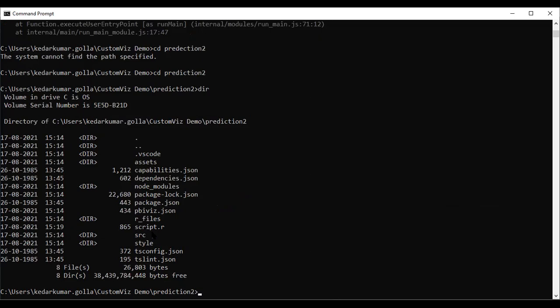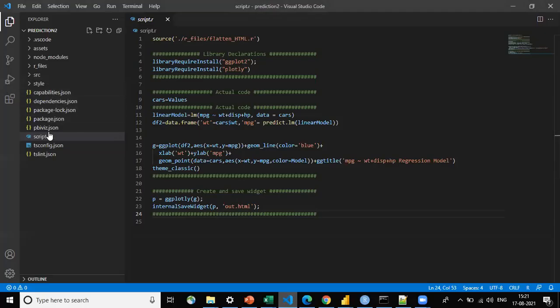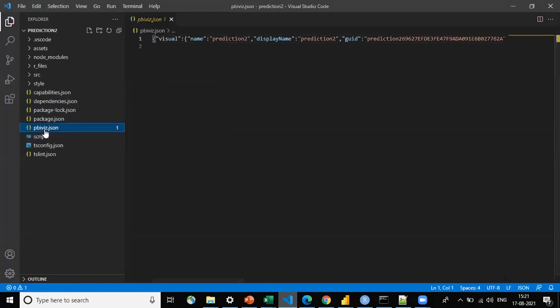Here, what we need to do is specify our configuration files as well. There is a file called Power BI viz.json in our folder.